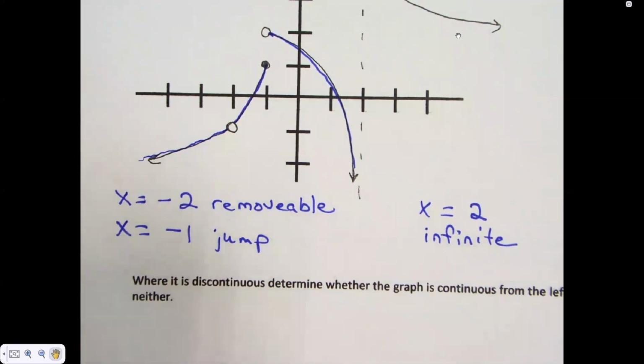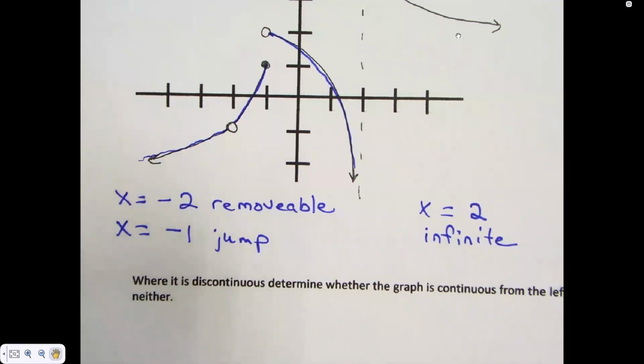All right, so now it says where it is discontinuous, determine whether the graph is continuous from the left, the right, or neither. Okay, now you gotta shake out of your head domain. We're not doing domain stuff. Okay? The first thing is